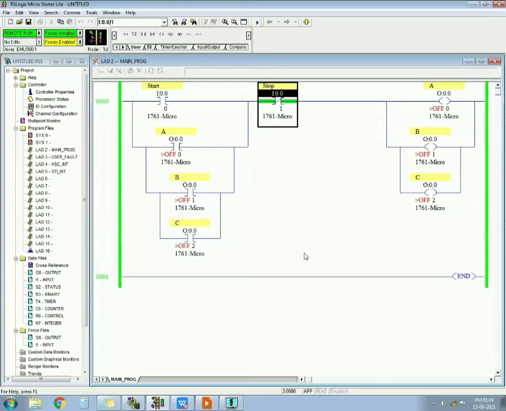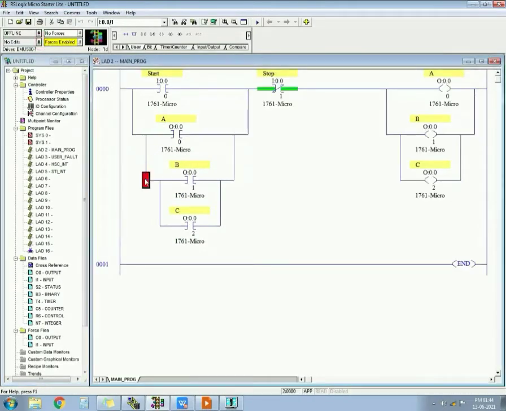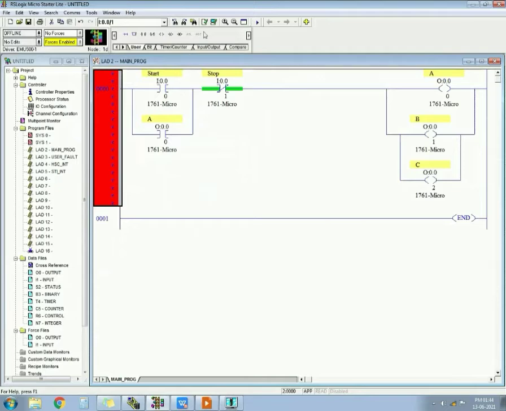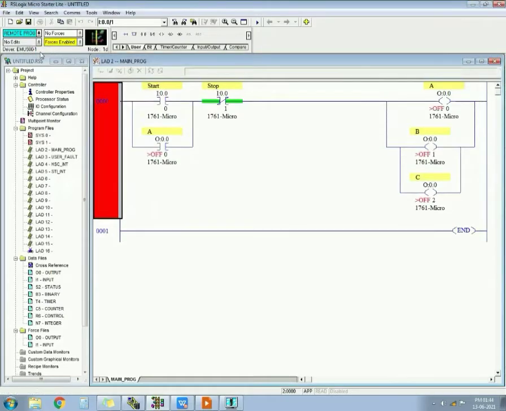So this is simple, but here I am using three latches. There is no need to use three latches. I can use a latch for any one of the outputs, and it will work the same. So I can remove these two. You can use any output for latching. It is not required that you use output A only. You can use output B or output C, because it is just for latching.